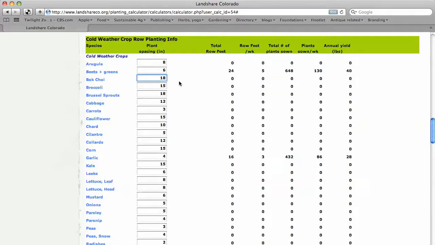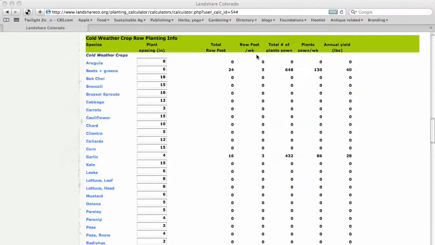Now these output values have been generated by the calculator based on the information that we've input in the basic information section and in the cold weather crop input section. The first column shows how much of each crop we are going to plant over the entire season. The second column shows how much we will plant each week for the harvest successions that we filled in the input section above. So for our beets,